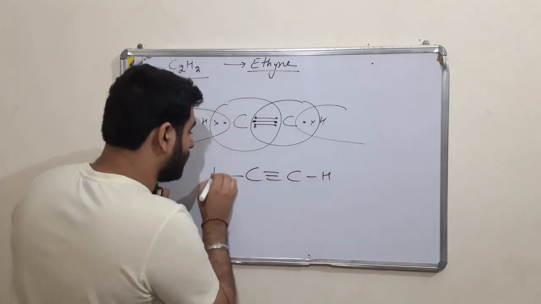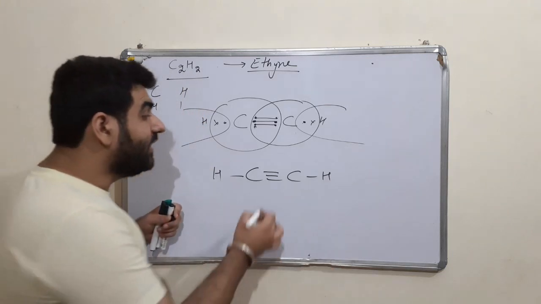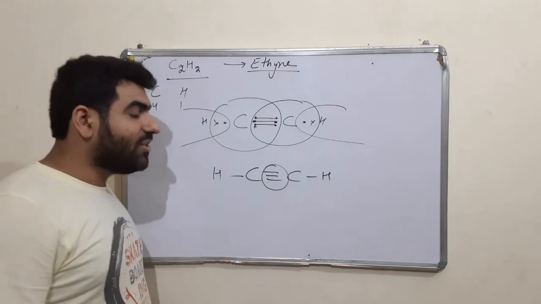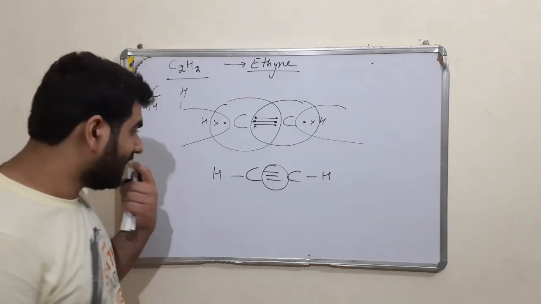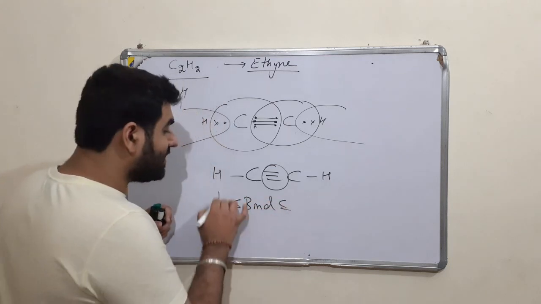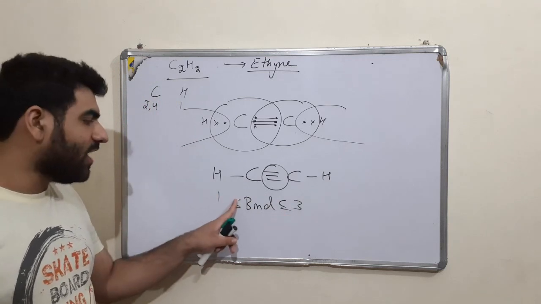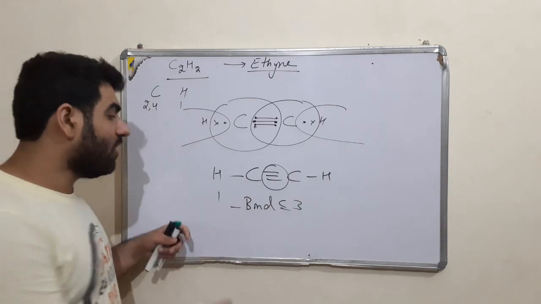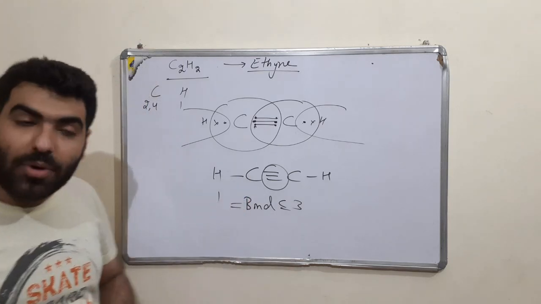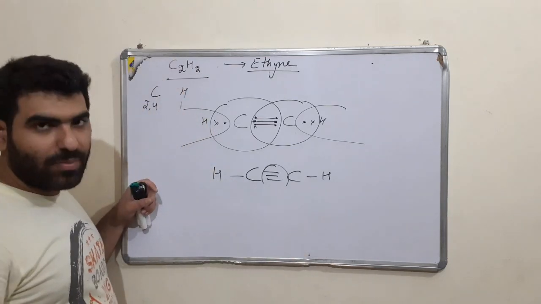What is the final structure? It is C triple bond C and 2H. These bonds cannot be greater than 3. Alright? In any chain, these bonds cannot be greater than 3. So the bonds would be greater than or equal to 1, it can't be less than 1, and less than or equal to 3. It cannot be greater than 3. Then that structure is not possible. So the bonds will always be between 1, 2 and 3. So between 1 and 3.